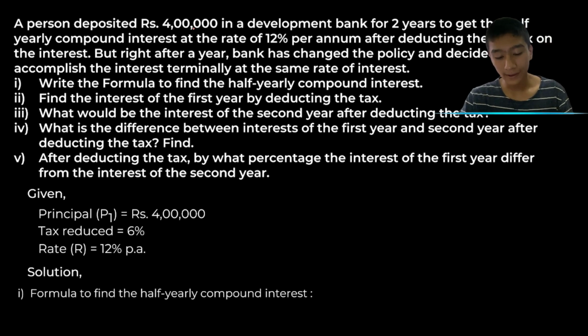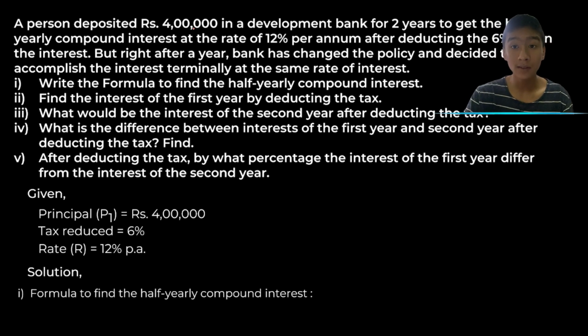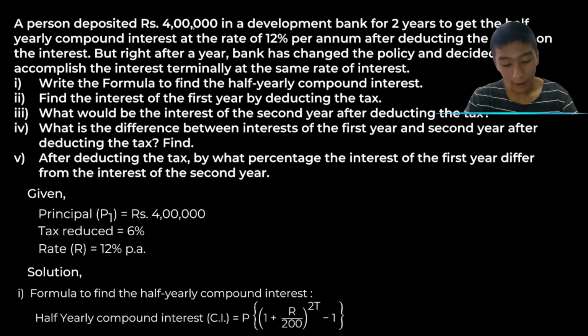The formula to find half-yearly compound interest is given by half-yearly compound interest CI is equal to P times (1 plus R by 200) whole to the power 2t minus 1, where P is the principal,